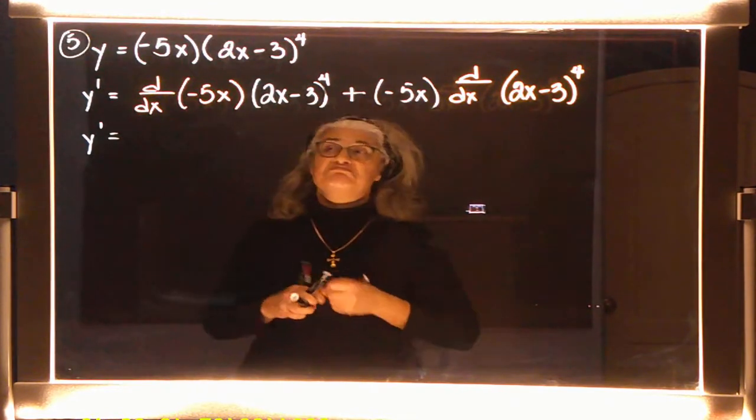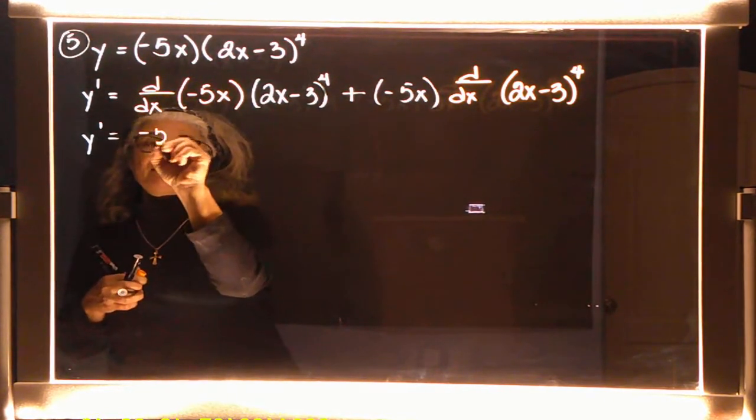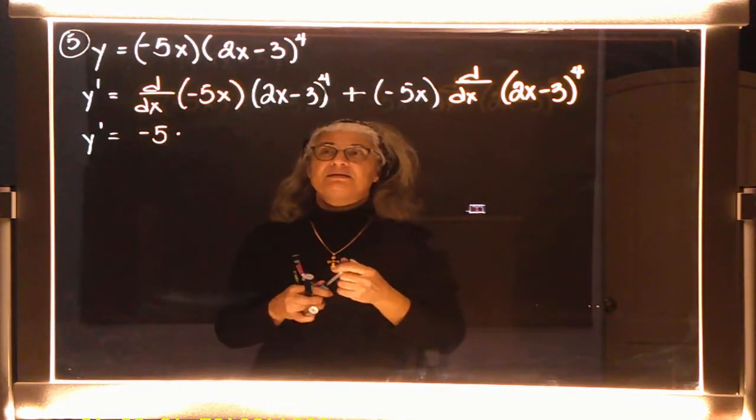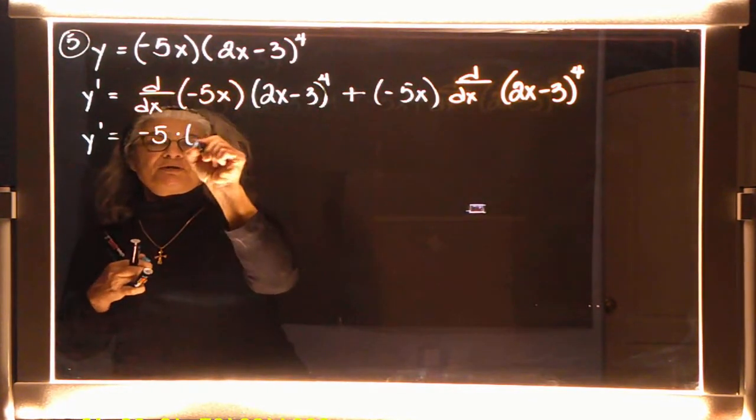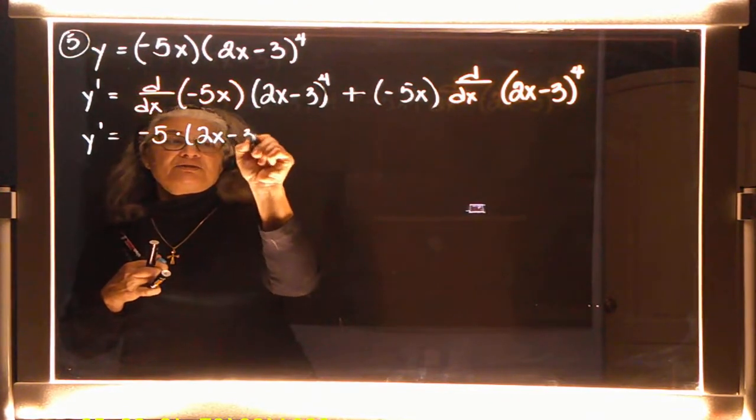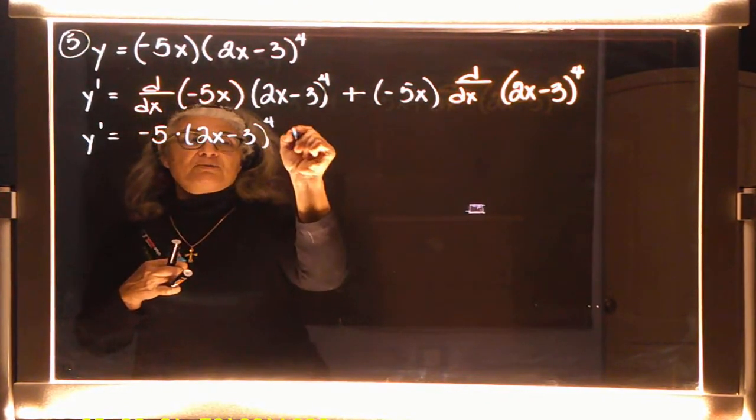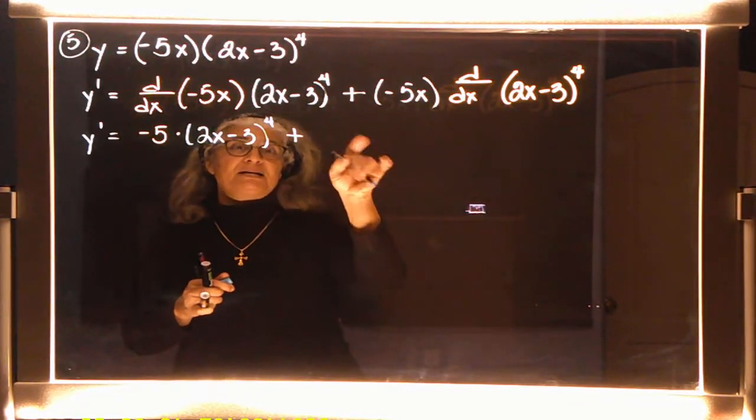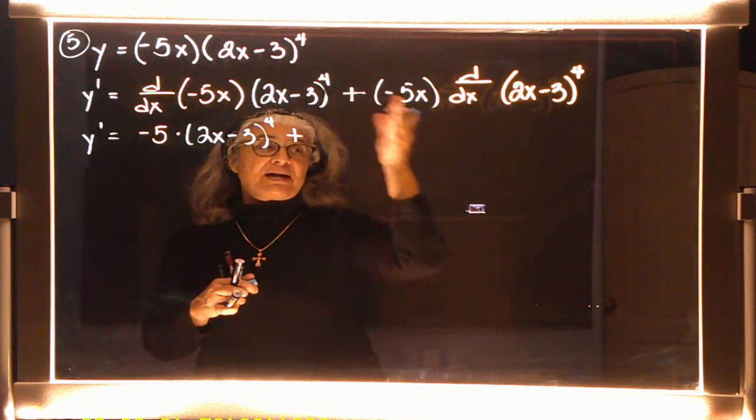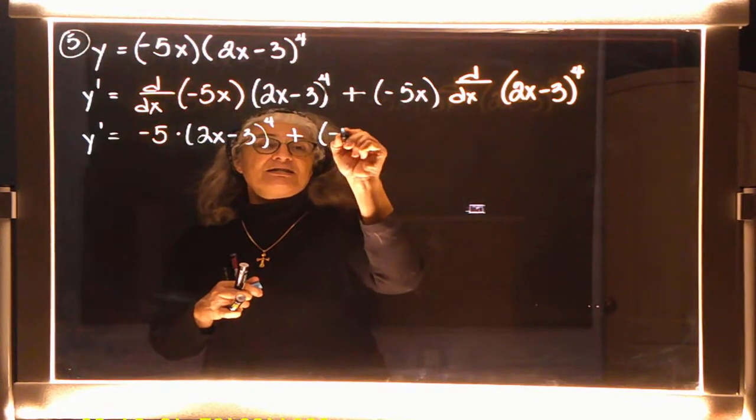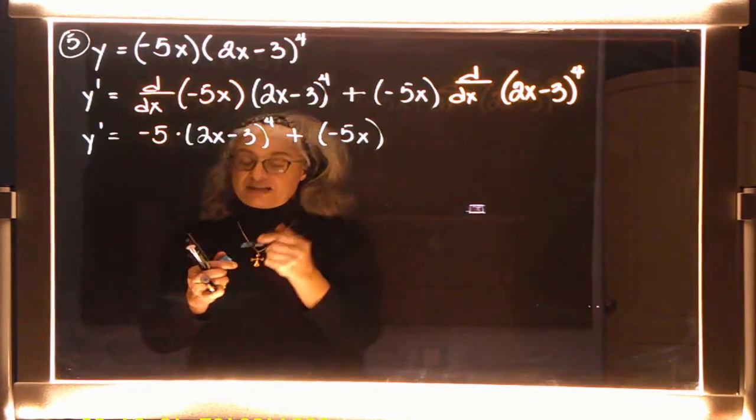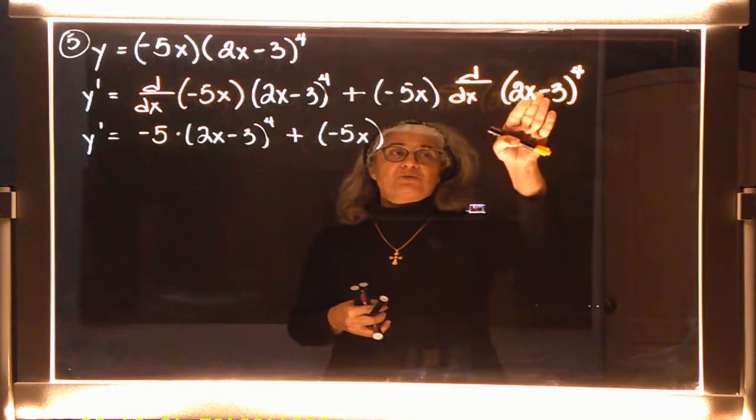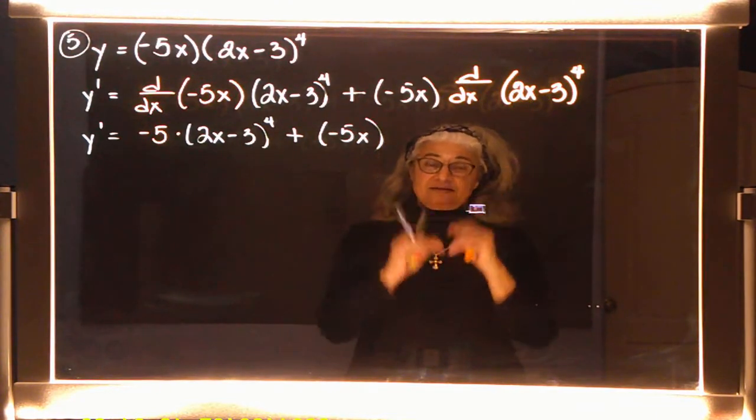Okay, so now, to find the derivative of y, we have to take the derivative of negative 5x, which would be, good, just a negative 5 here. And that's going to get multiplied by the, in parentheses, 2x minus 3 to the power of 4. Remember, we're not doing anything to that. And then plus, and over here after the addition sign, the negative 5x we're not doing anything with. And then we're taking the derivative of, right, this